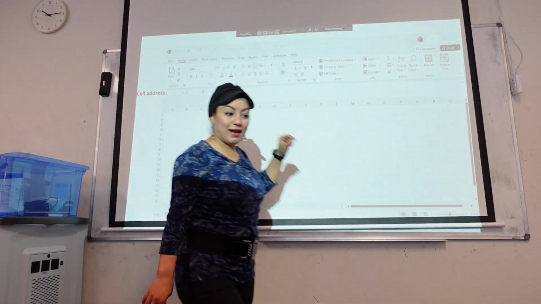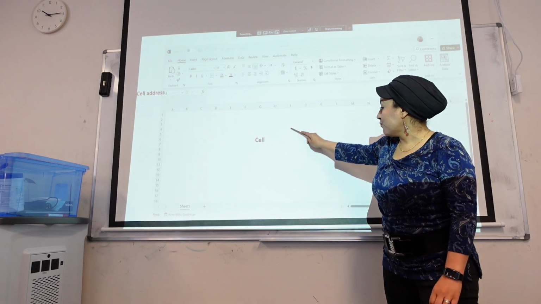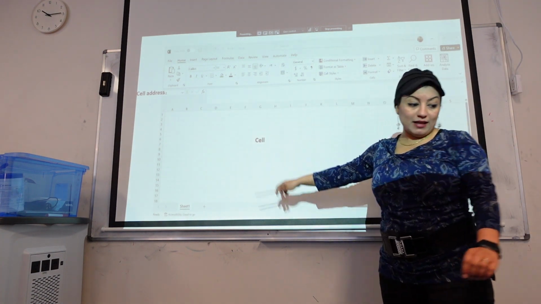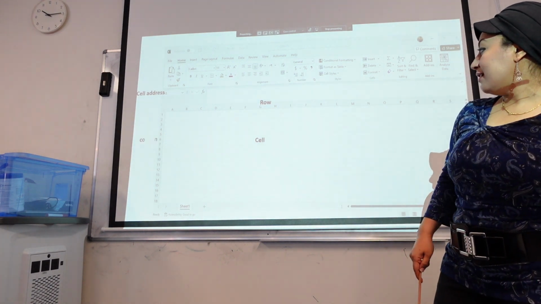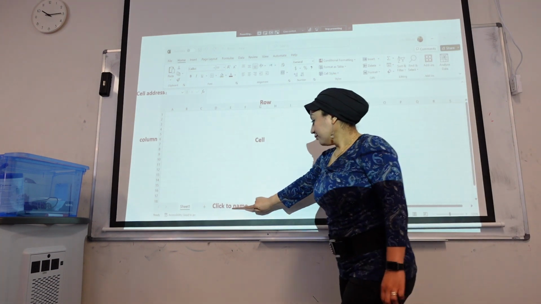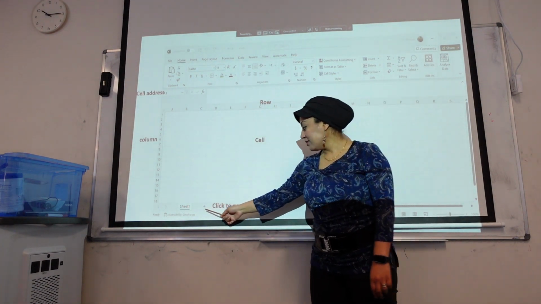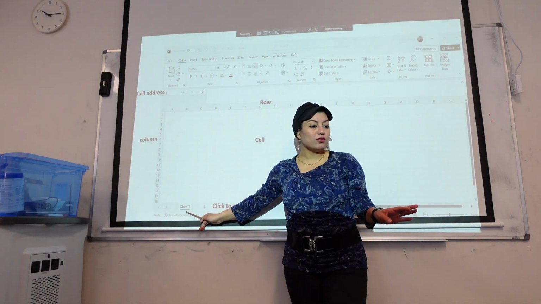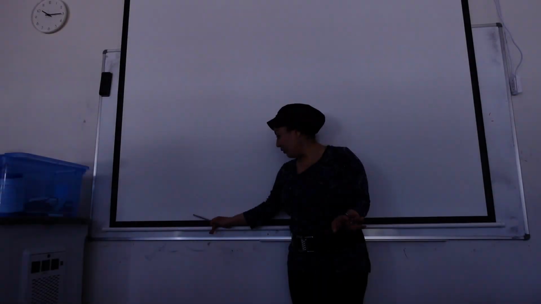I will go through it again with you. It's the coordinate. Each and every small box is called a cell. This is the row, as we said, and this is the column. Here is the name of the sheet. As you see, there is Sheet1. This is the default setting, so the default sheet will be called Sheet1. And then if you